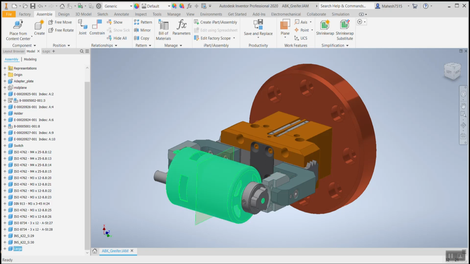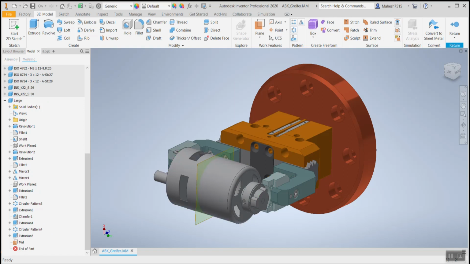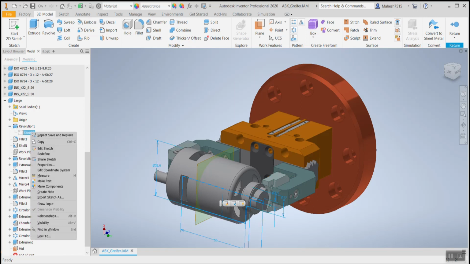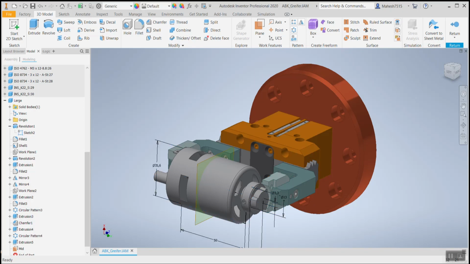So I'll quickly double click the part and go back to the initial sketches which are available there. Make it visible, say visibility on. We'll change this by adding plus 20. Plus 20 will help, I think. Say okay.